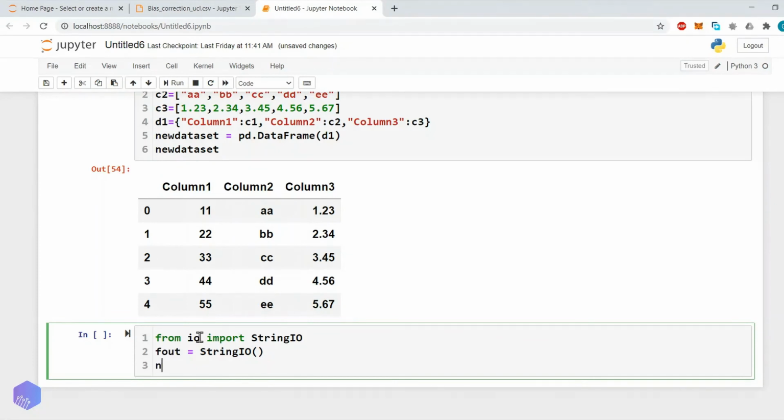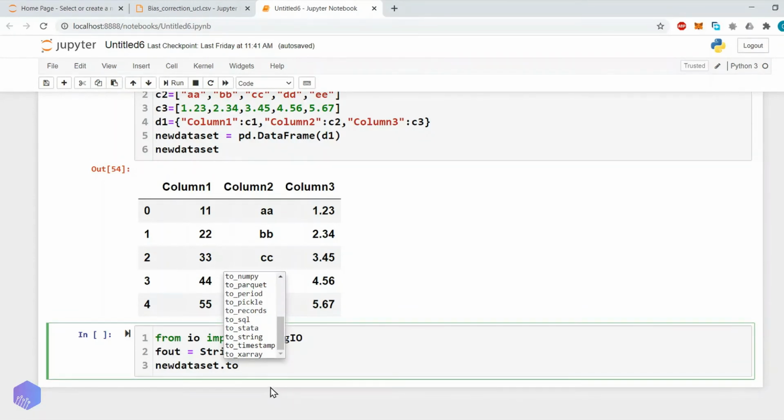Now new data set.to_csv. Here pandas provides us the functionality to export the data set in many different formats: clipboard, CSV, dictionary, Excel, feather, GBQ, HDF, HTML, parquet, pickle, SQL, Stata, string.